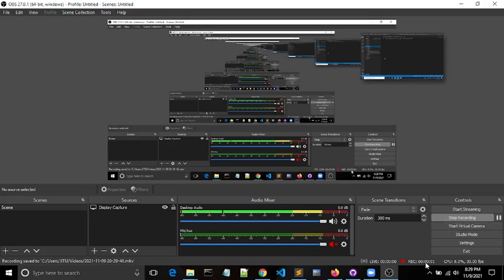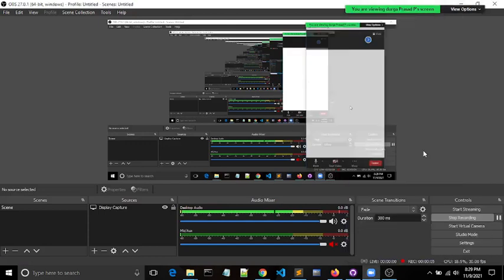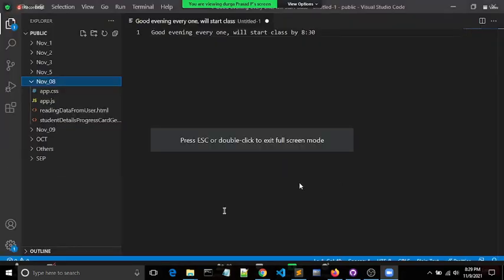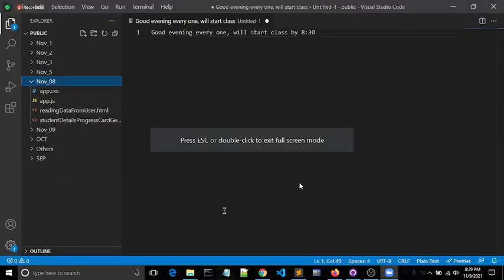So we have an example of the student details progress generator. Earlier everything was hard coded and we were showing it in the console. But from now we are not going for any static data. We are taking the data from the user dynamically through the input elements, not through the prompt method. And while showing the data, we are not using the console, but we'll be showing it within the page itself. Okay. So these are the changes we added yesterday,